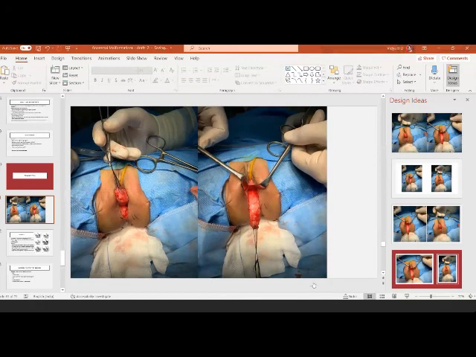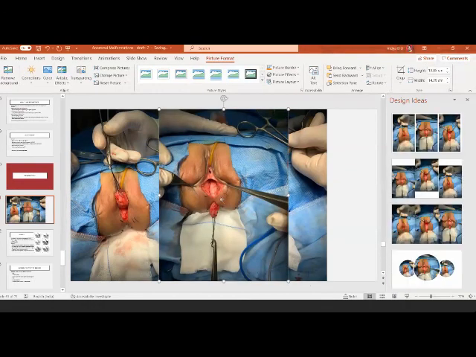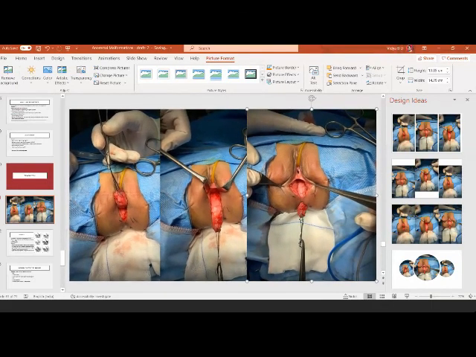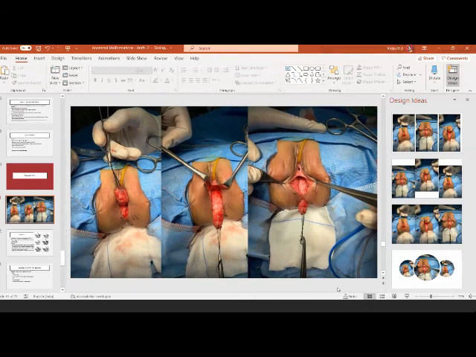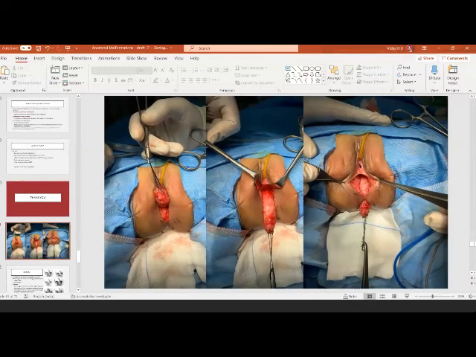The amount of muscle which you won't be splitting would be of the order of about 1 or 2 centimeters. That's all. So depending on how well the muscle is developed, you may end up doing an ASARP. If the muscle complex is developed, yes, you can save about 1 to 2 centimeters. That's basically the dissection. Yes, as you rightly said, it would be just about a centimeter or so of muscle which you are not splitting. That's the only thing. The rest of it would remain the same. Okay. Thank you.